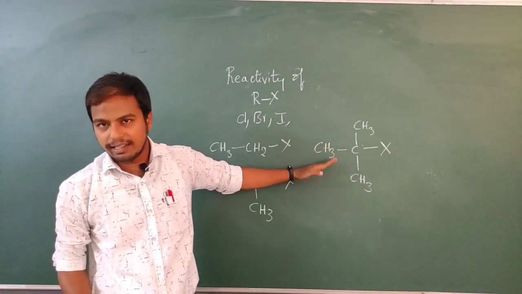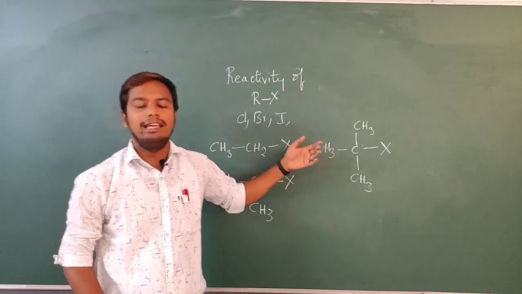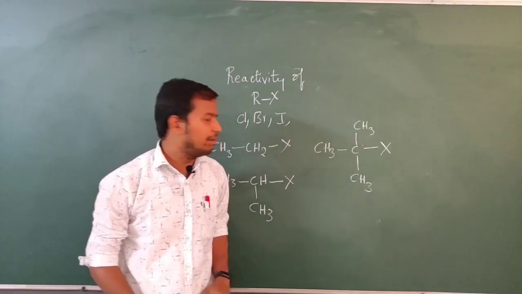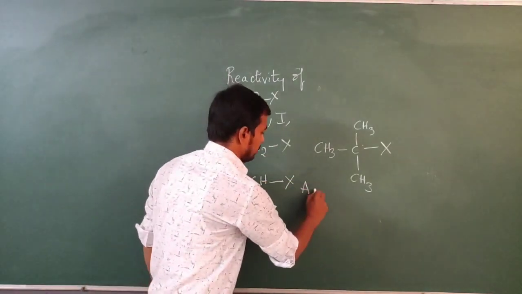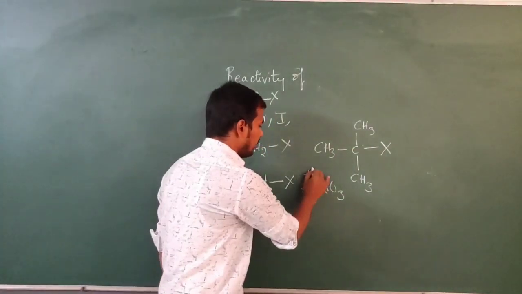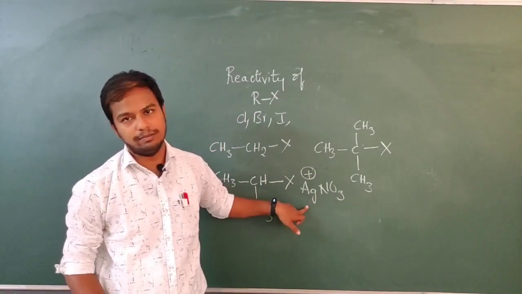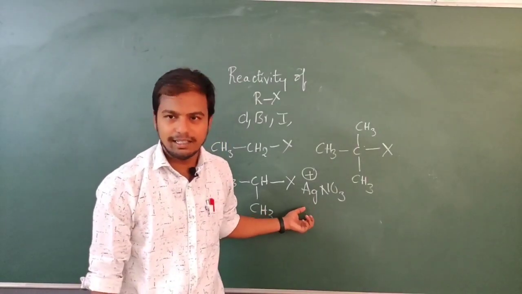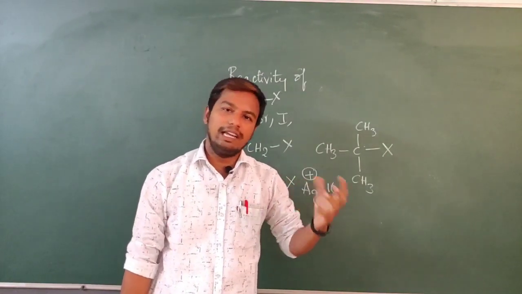So the reactivity is directly proportional to stability in the case of carbocation only. How does it happen? How to test it? Dissolve these three species in silver nitrate solution. Here silver nitrate, being silver plus ions in the +1 oxidation state, is a halogen selective Lewis acid. It selectively abstracts the halogen from the reaction mixture.